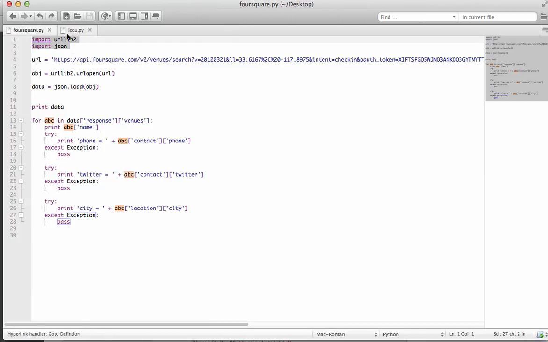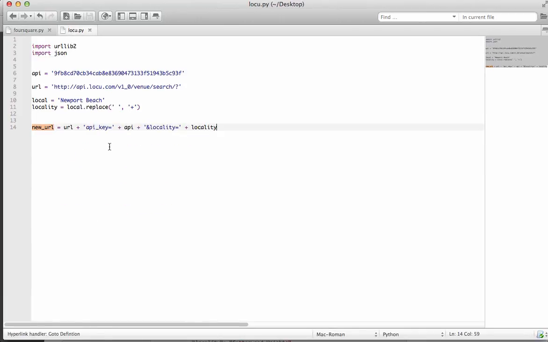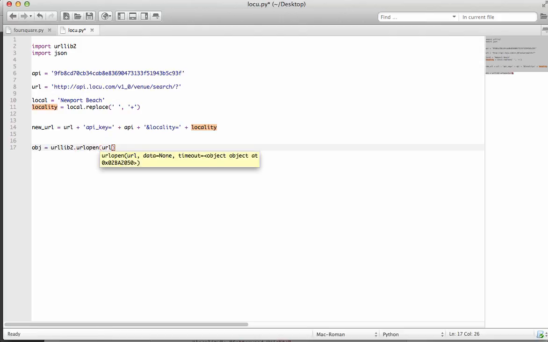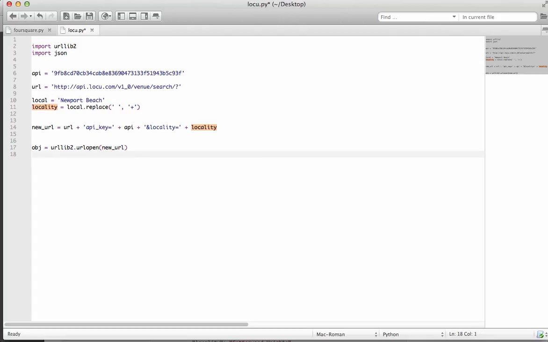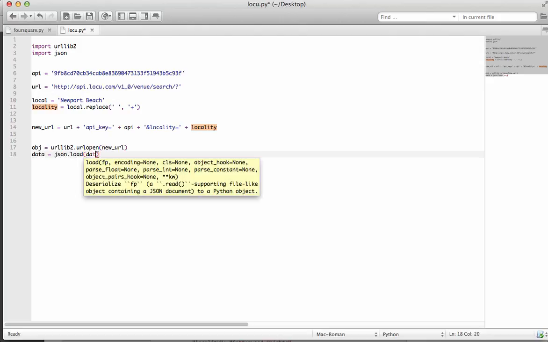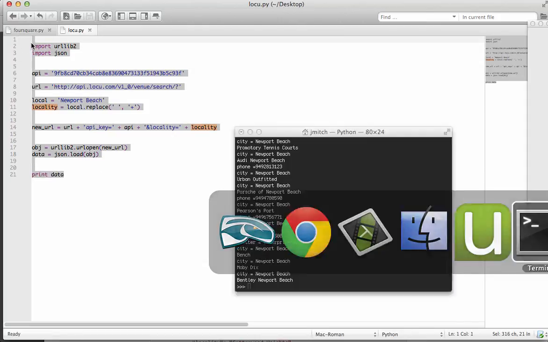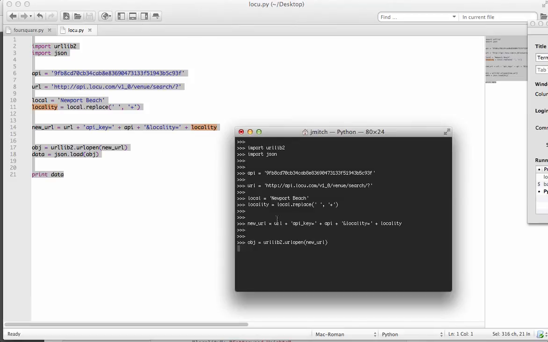Of course, we need to open these things again, and then we'll do object equals urllib2.urlopen, and the new URL, and data equals json.load, object, and we'll print the data. All right, so let's save that, copy all this. Let's go into terminal here, and we'll just paste that stuff in,